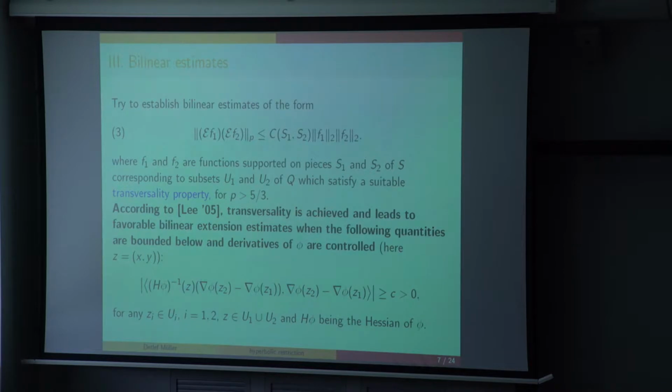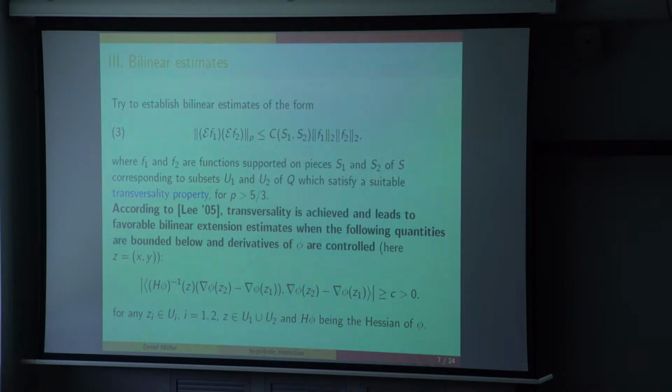The point is that this is under the assumption that our two functions f1 and f2 are supported on two separate pieces of the surface which have a certain kind of transversality. They should definitely be transversal, these two patches S1 and S2 on which these functions are living. But we'll see a stronger kind of transversality is really needed to apply this bilinear argument. Even without going into the argument, I will show you the main points, what geometrically happens.